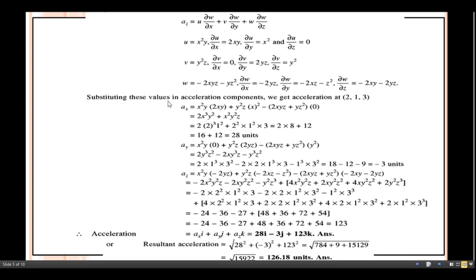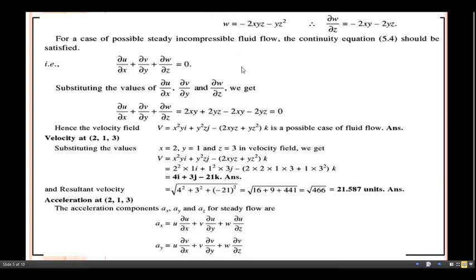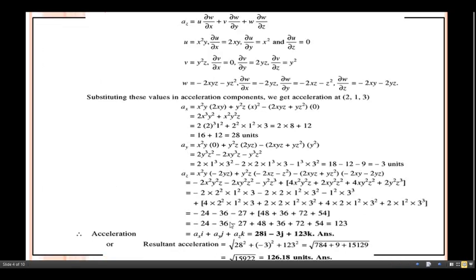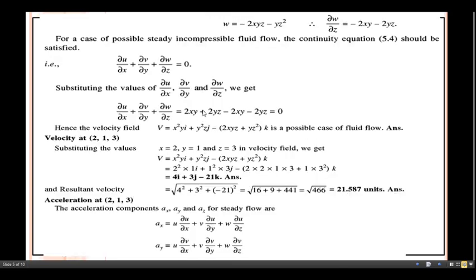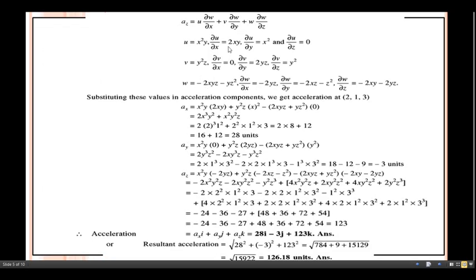To get the acceleration component along the x direction, now substitute all these values in this relation. We know the value for the u, we know the value for this one, we know the value for this one. Substitute everything and get the acceleration component along the x direction. So this term indicates the first one, that is the u term. So what about dabba u by dabba x? Dabba u by dabba x we already analyzed here, 2xy. So in this way 2xy is written, plus y square z.